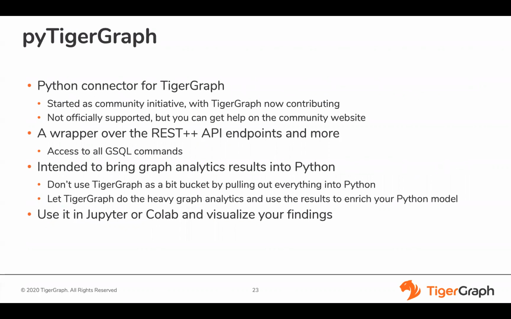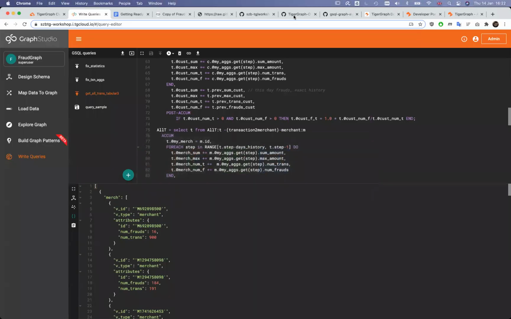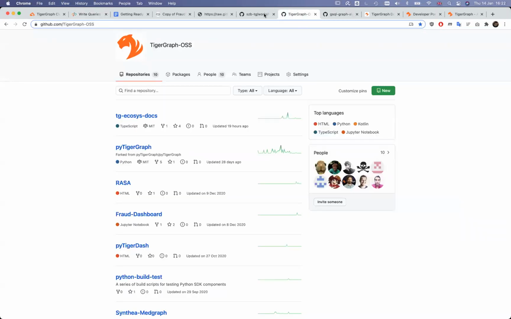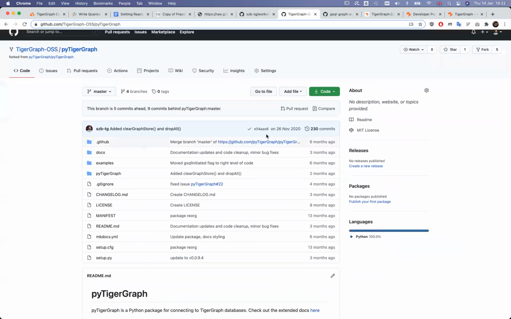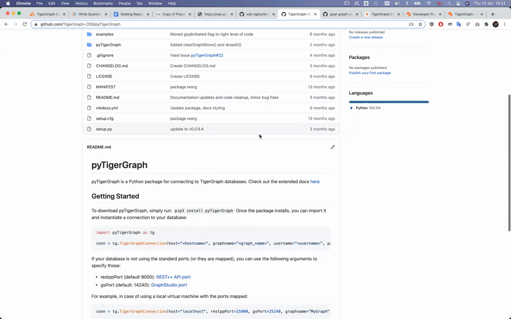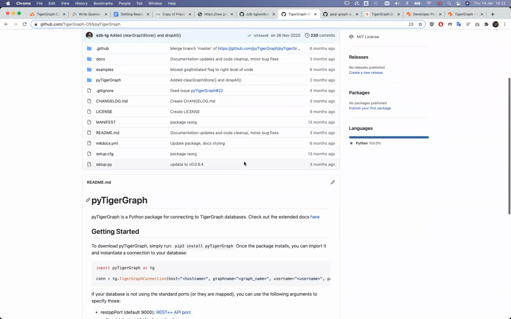It started as a community initiative, but TigerGraph is now contributing most of the solution. It's not officially supported, but you can get help on the community website. In fact, we have this available in our open source repository. You can easily either check out the code or you can install it using pip.